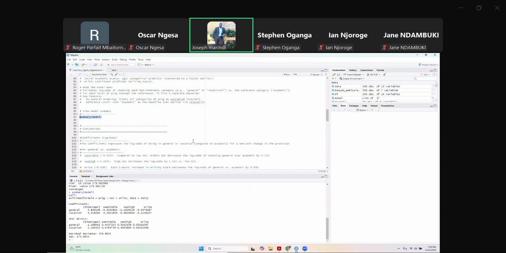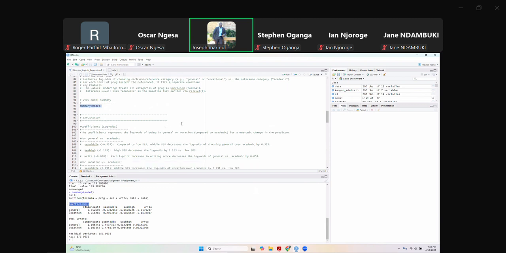What we get from this, as you can see, are the coefficients down here, the ones that I highlighted. The coefficients represent the log odds of being in the general or vocation program compared to the academic, whereby we can interpret that for a 1 unit change in the predictor, we are able to see the results as seen below. For example, we can see